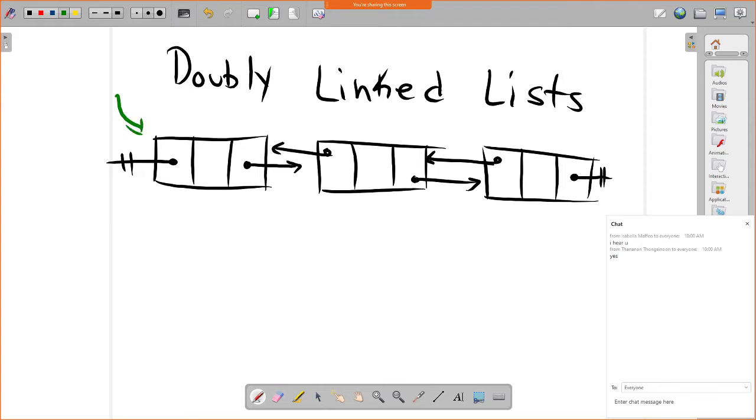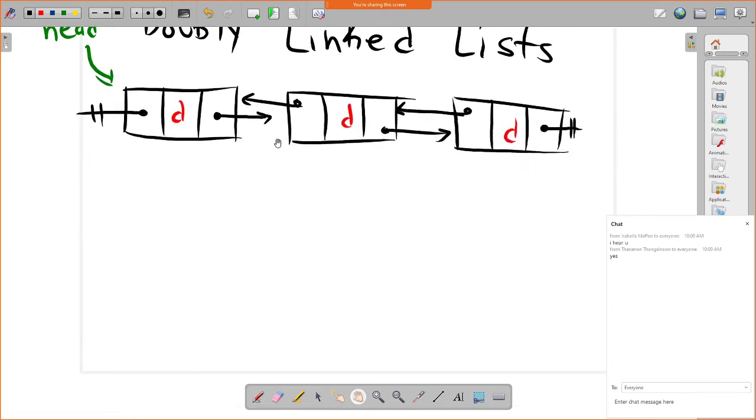So we still kept a head, and we could keep a tail here if we really wanted to, but we'll just say we'll keep a head, and then remember there's a data field just like there was before. And so the idea with this one was that it's slightly easier to manage some things because we can look in both directions, and this might help us move backwards or do things that require us to move backwards. And you'll see a lot of the time when you do nodes, usually you do them with two pointers like this. The singly linked is not incredibly common, I would say. I mean, I would assume that's how most people implement a queue, but